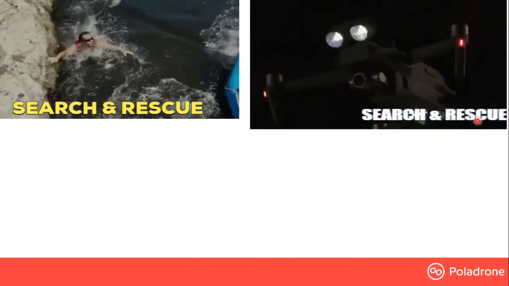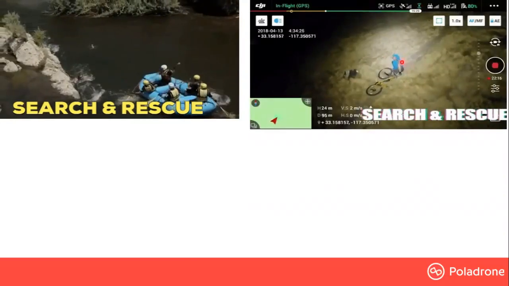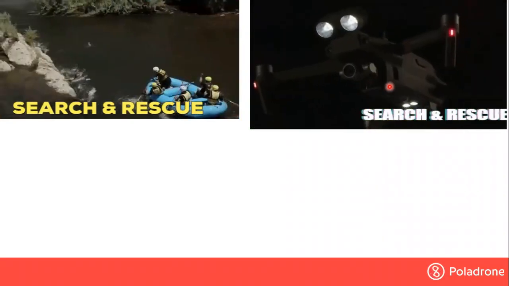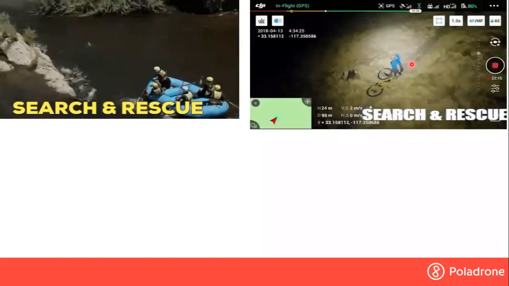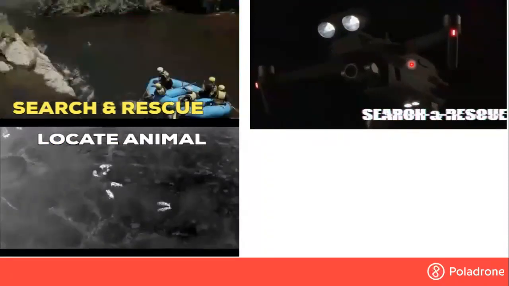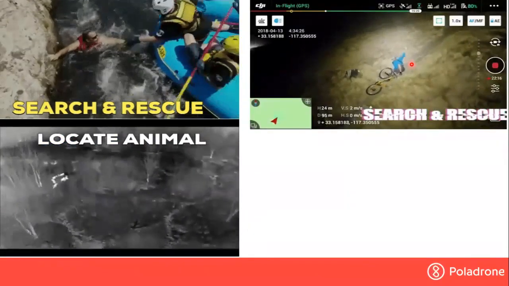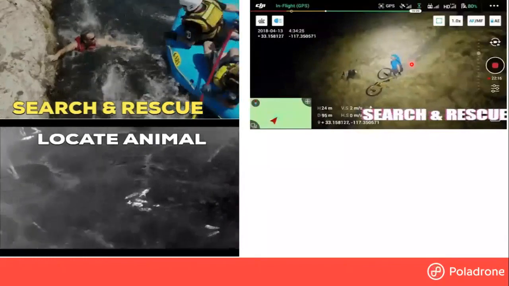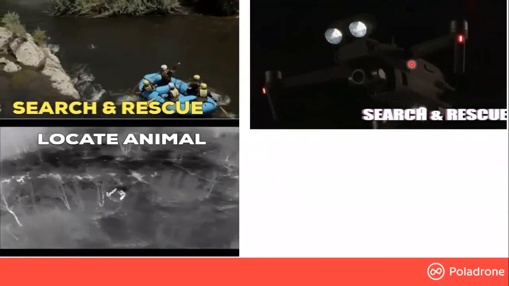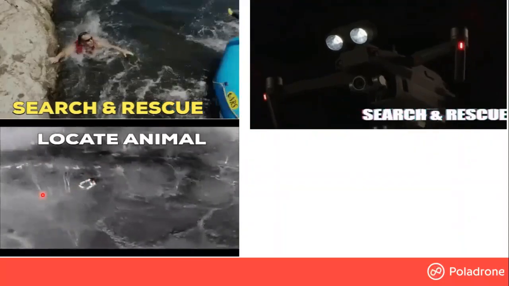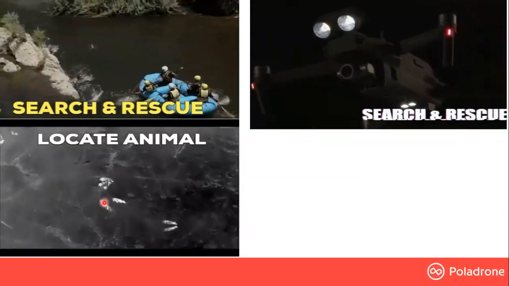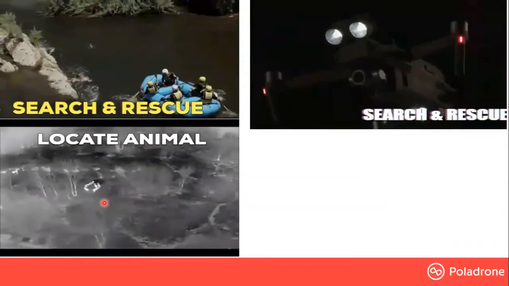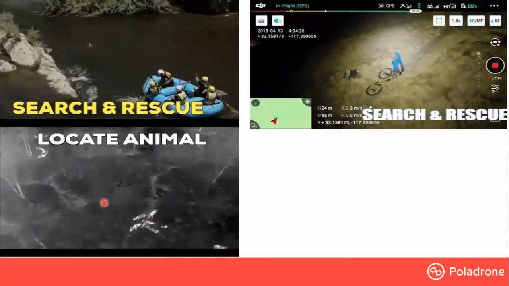The second one is also a search and rescue scenario where this guy is hiking at night and was injured and cannot be moved. So what you can do is deploy this Mavic 2 Enterprise Duo attached together with a flashlight to do the search. And with the thermal camera also, you can easily look for any people in the jungle at night, because human bodies, and also animals, have body temperatures. As you can see in this picture, these are, I believe, some farm animals. They ran away from the farmer. So the farmer can easily deploy the drone and look for where his animals have gone.